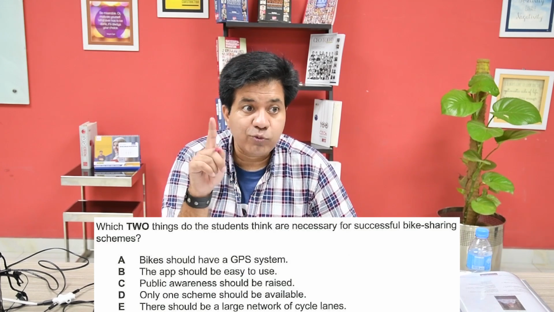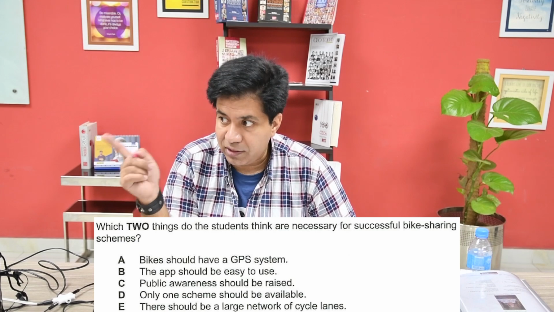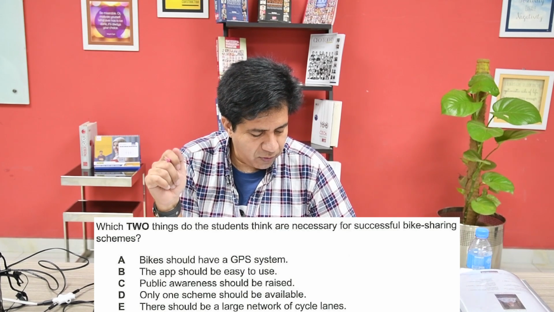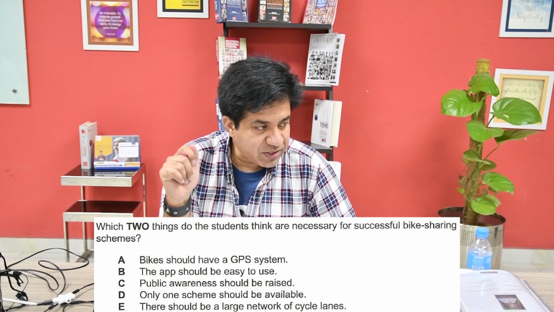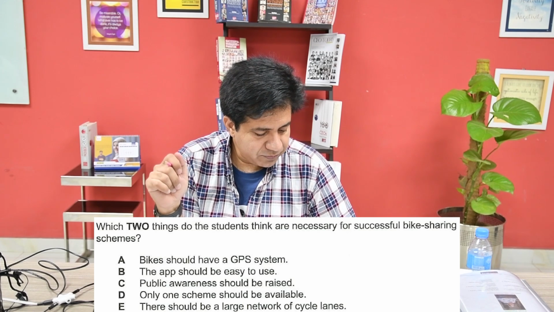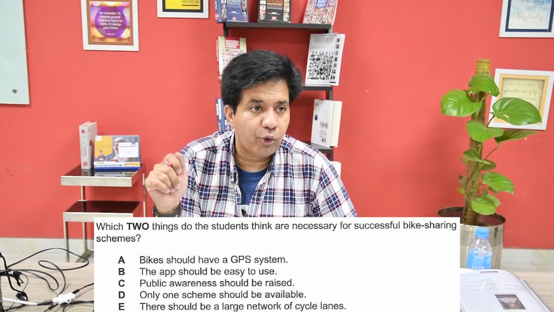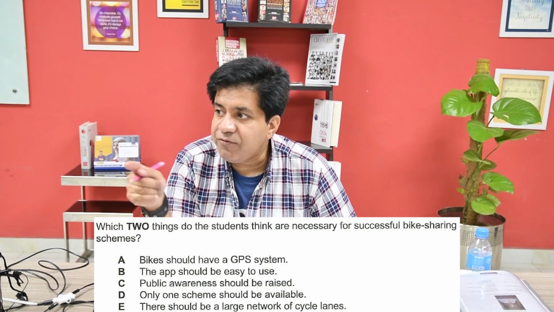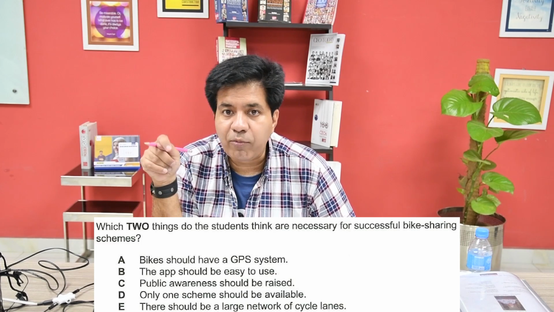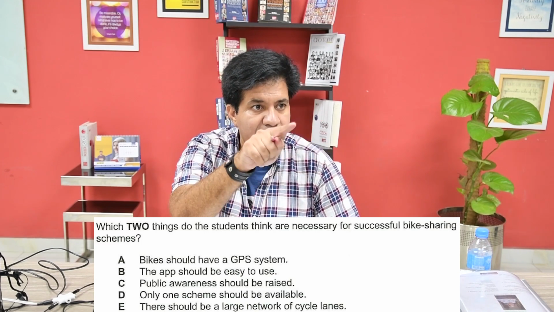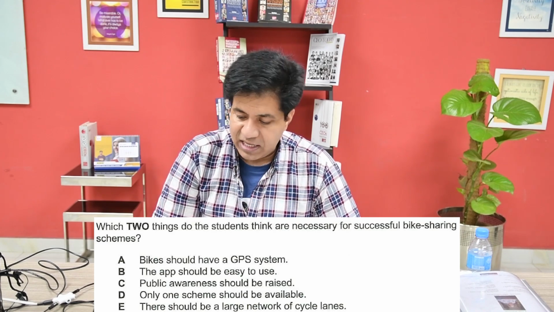With A, write 1. With B, write 2. With C, write 5. With D for doctor, write 3. And with E for elephant, write 4. This is the order in which they spoke about them. Now I'm going to play the audio. Just go to number 1, then number 2, then number 3, number 4 and listen very carefully.